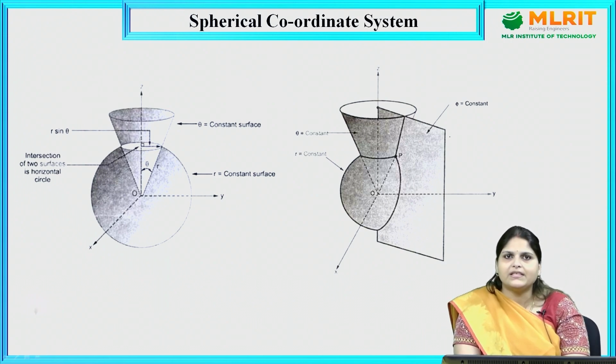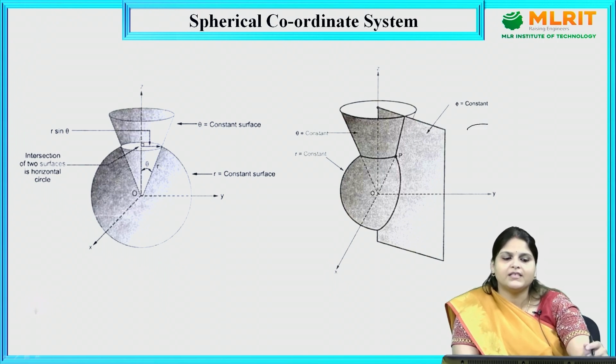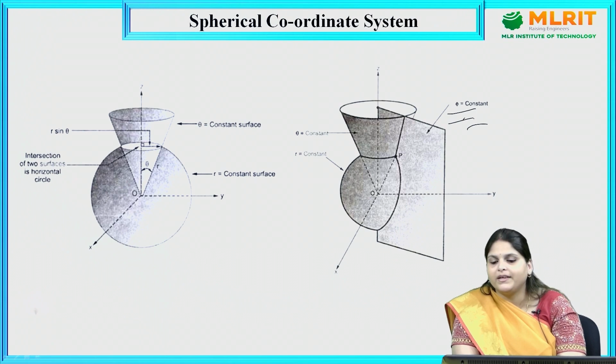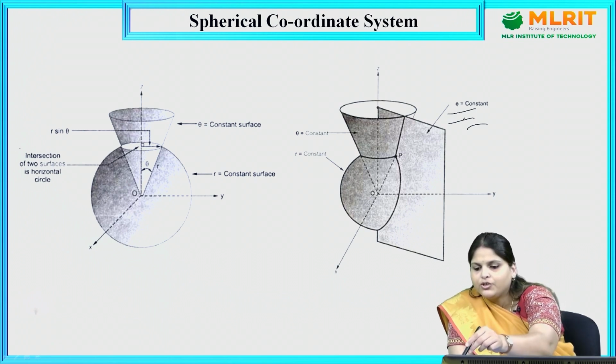So here you can see by using those three elements, meaning a sphere, a cone, and this phi constant surface or this yz plane, we have formed a spherical coordinate system. Here also we have some intersection. Here we have intersection of two surfaces,